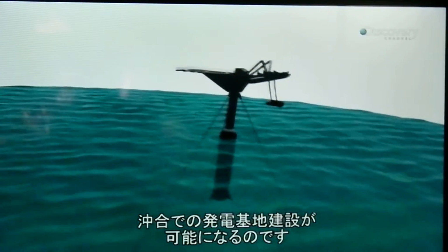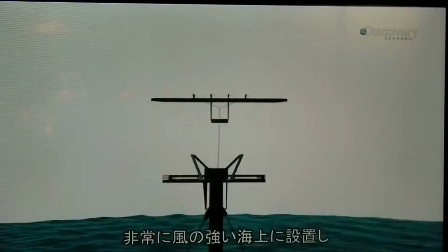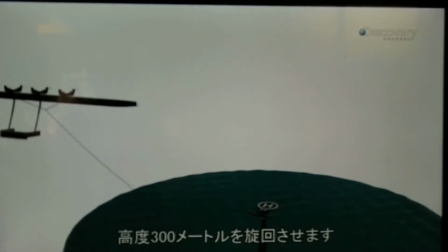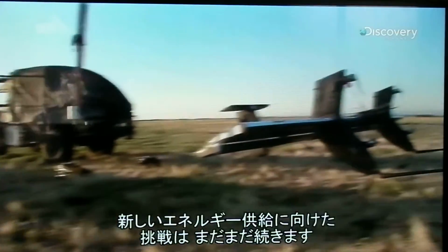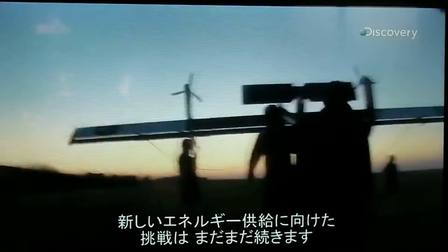This makes deep offshore kite turbine farms a real possibility. That's where the winds are strongest, and tethers could reach 300 meters high, as tall as the Eiffel Tower. "In 20 years, I think you'll see farms in the ocean. You will see the Hawaiian Islands being powered by kites." Lofty goals for a company rising to the challenges of the world's fastest growing energy